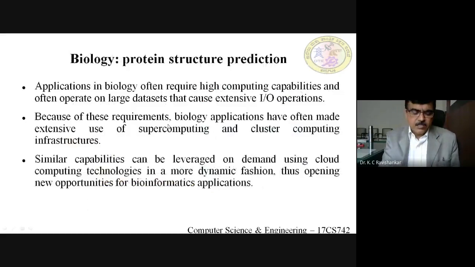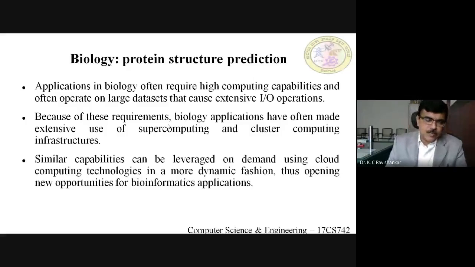So next, we shall move on to the next problem, next application, which is related to biology, protein structure prediction. This is very much needed in a pandemic situation, because people are trying to find vaccines. We need to use this facility. How extensively? Because as per the report we got,